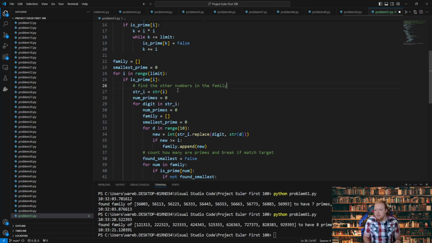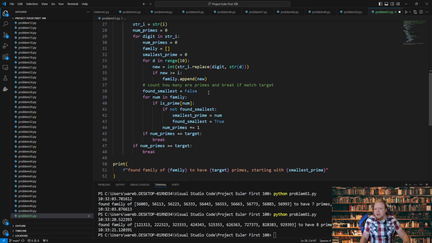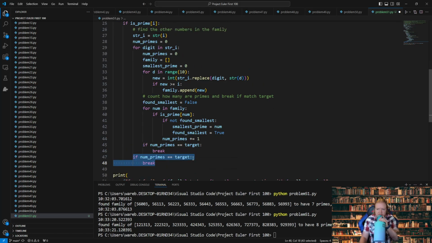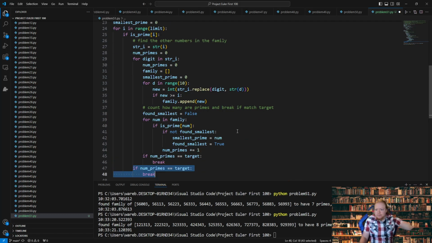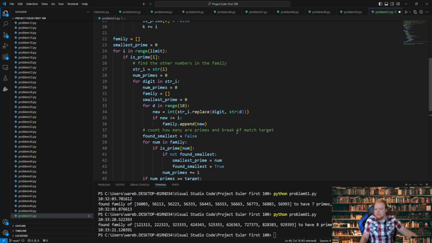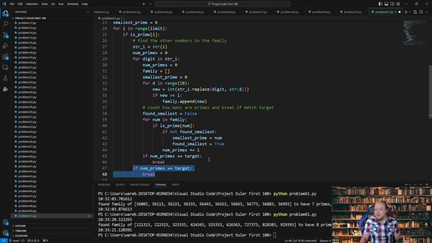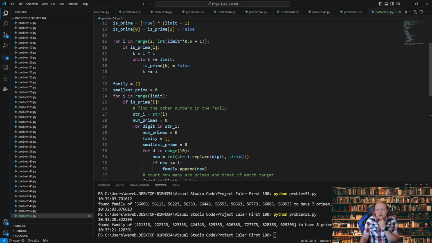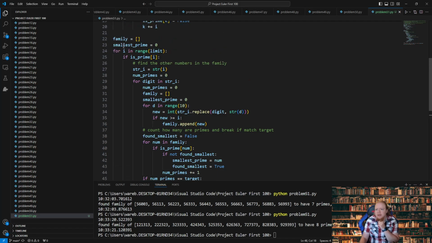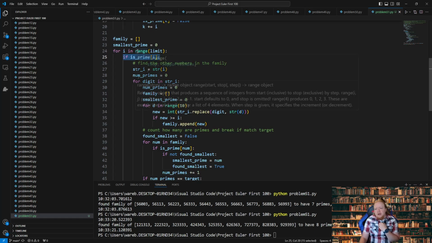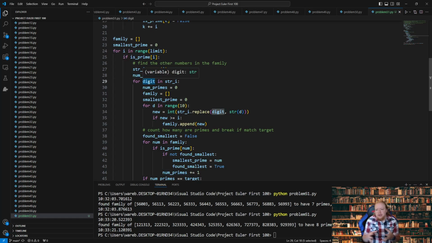Instead, we just find the other numbers in the family, count how many are primes, and break if match target. And then this just keeps us from continuing to try again. Okay. So, yeah. All we did is we said, okay, for I from 0 up to the limit, if this number is prime, make a string version, and for every digit in the string version, digit being a string now,